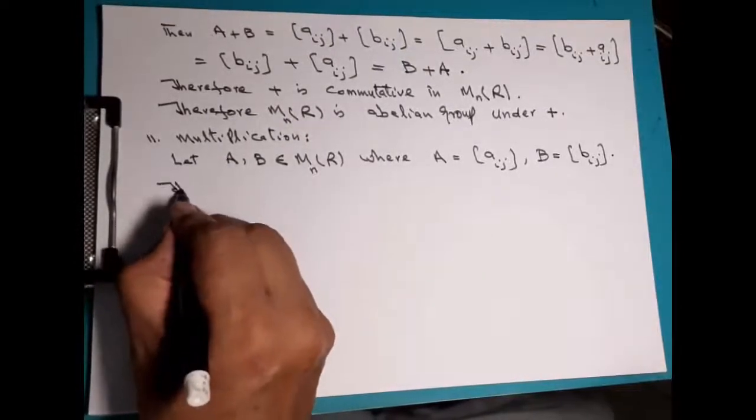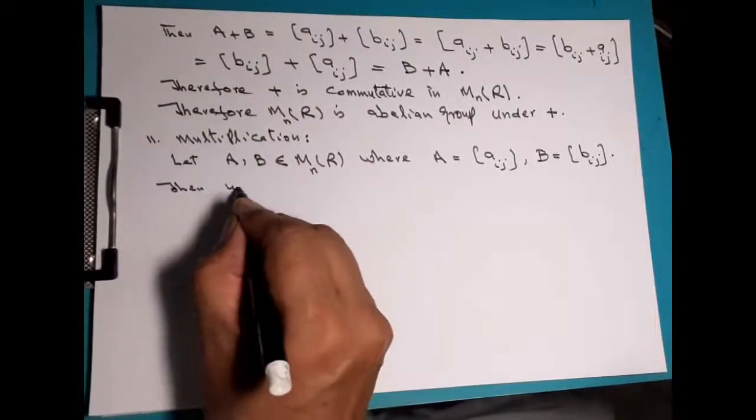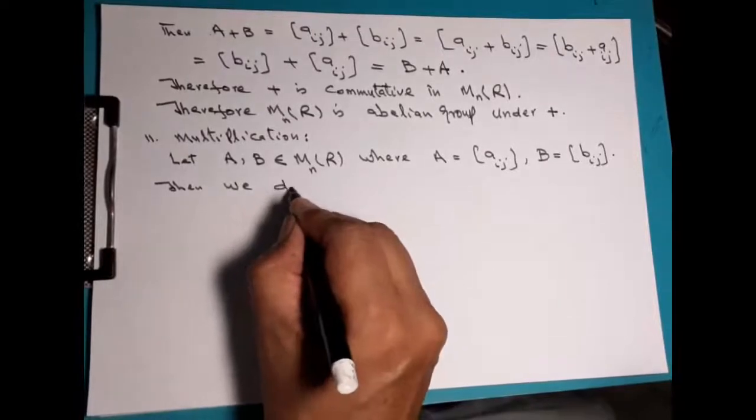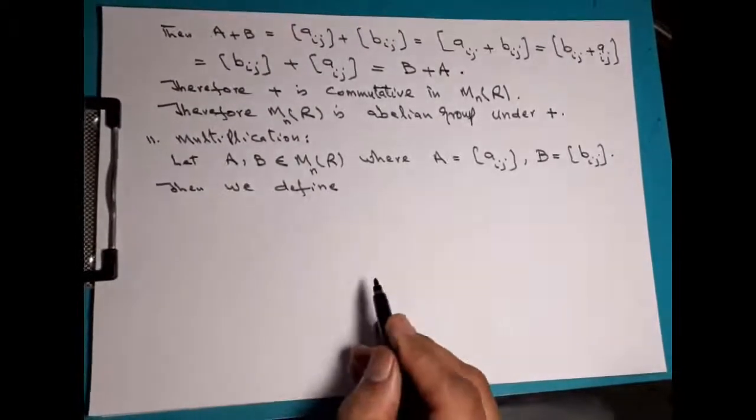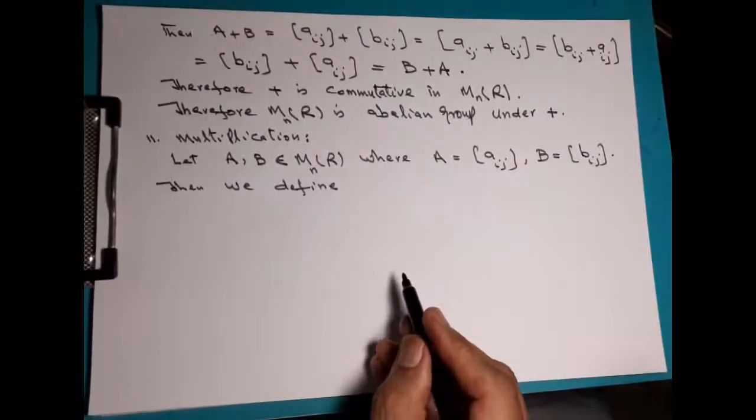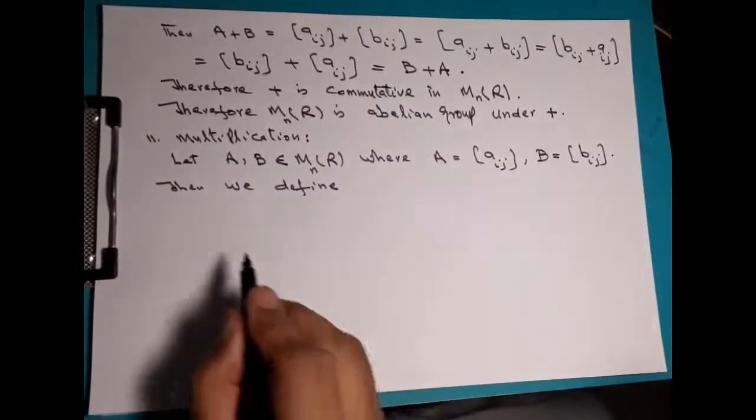Then we define multiplication of matrices. Product of these two matrices A and B is defined as